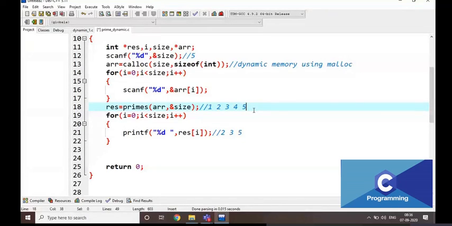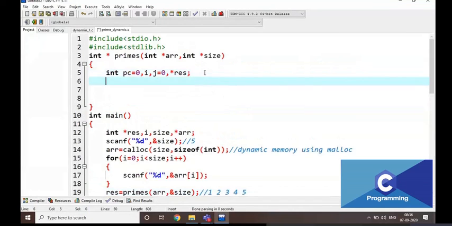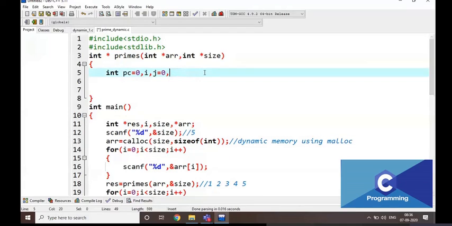We don't know exactly how many prime values there are here. That means it is going to be dynamically allocated memory. For example, if we read a result of some 100 like this, but we are using only 2 to 3 variables, not all 100. That's why I am going for dynamic memory allocation.